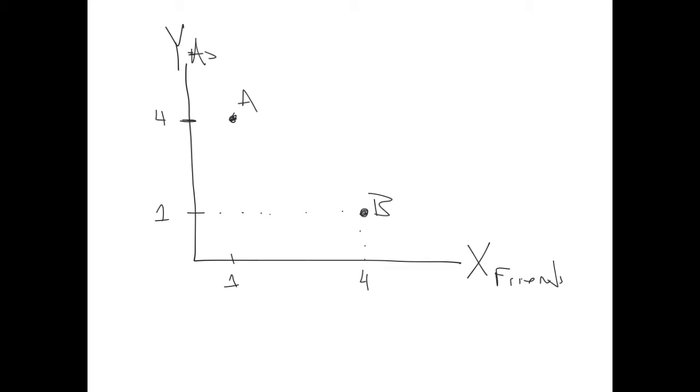So the question I ask you is, in which situation will the consumer be willing to give up more A's to obtain 1 more friend? In which of these situations is the consumer going to be willing to give up more A's for 1 friend? What this assumption says is that this consumer is probably going to be willing to give up more A's for a friend when he has very few friends, let's say 1 friend,